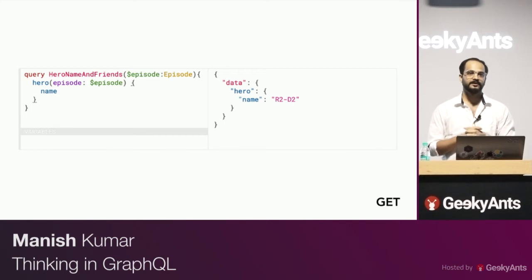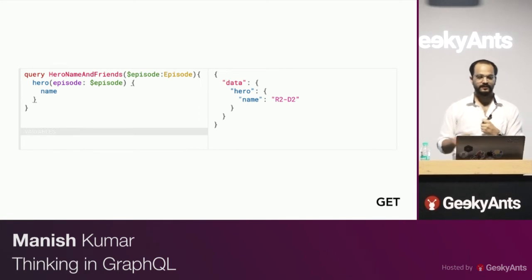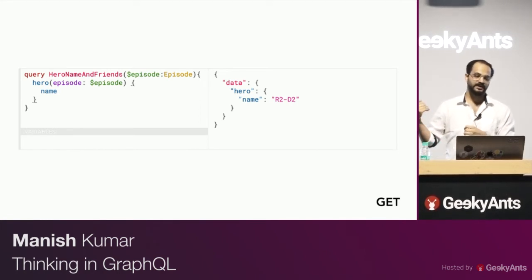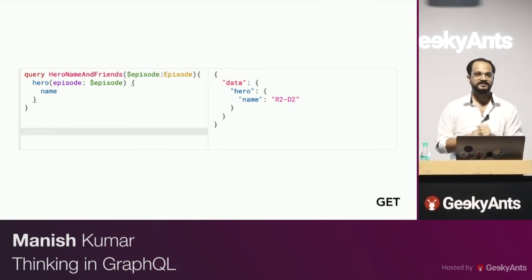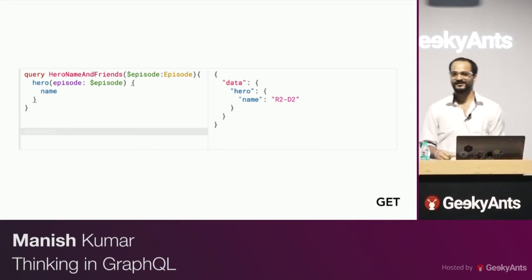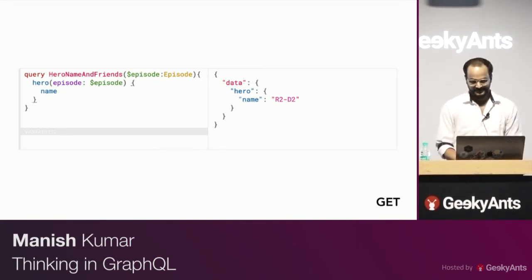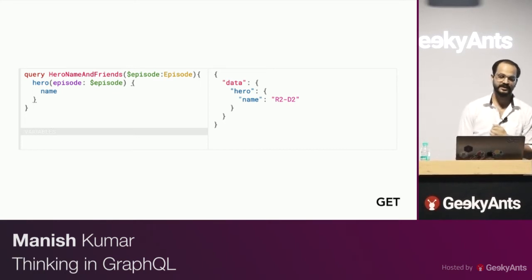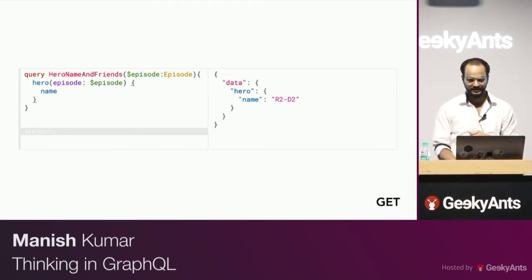So this is what a comparative get query might look like on the GraphQL side. You have something called query, and then there's a name. You want to query for a particular episode, and you are querying for the hero and the name of the hero, right? This is from the Swappy example, the Swappy API. It is Star Wars. How many Star Wars fans? No one? Okay, one. Oh my gosh, you don't watch Star Wars. Okay. So basically consider that hero to be just a user. You're just querying for name, so you're getting a name.